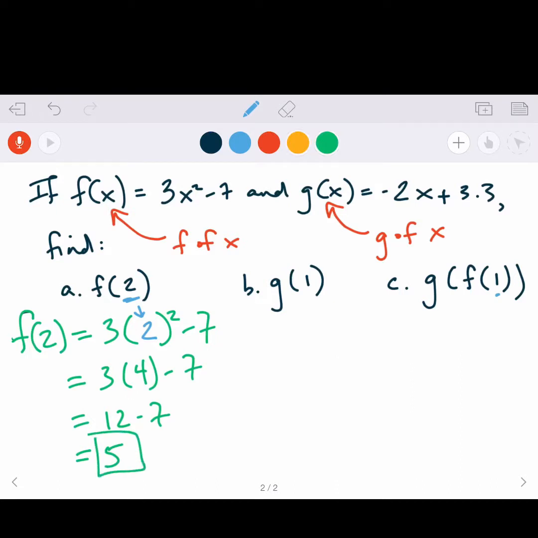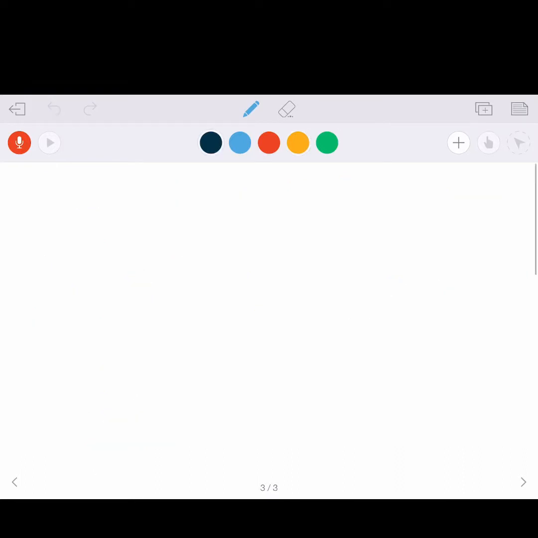All right, next one. Now, only difference is, and again, same deal as I said on that last slide, if I'm going to ask you for f of 2 or g of 1 or whatever we're talking about, I'm going to give you those functions, right? So now I just need to decide I'm using this g of x function because I'm asking you for g of 1, okay? So g of 1 equals negative 2 times whatever I put in those parentheses plus 3.3. And the whatever I put in those parentheses in this context,